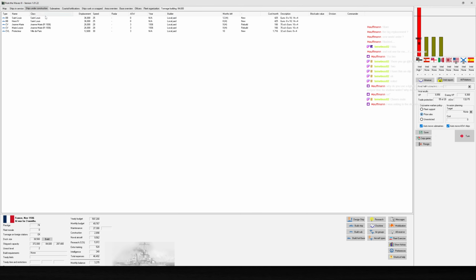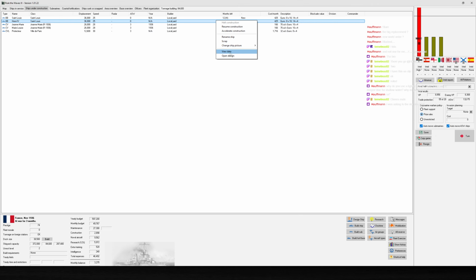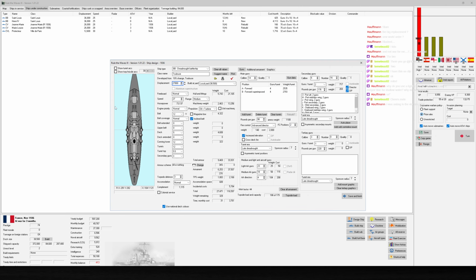Once we've built the St. Louis class battleships, which I absolutely do want to get out as quickly as I can, I need to come up with a budget ship design. I know I already had a battleship on the books, the battleship Toulouse, that was to be the budget replacement for the older battleships. And I think if I drop her speed even further, I can squeeze... We do have quality 1 12-inch guns, so...